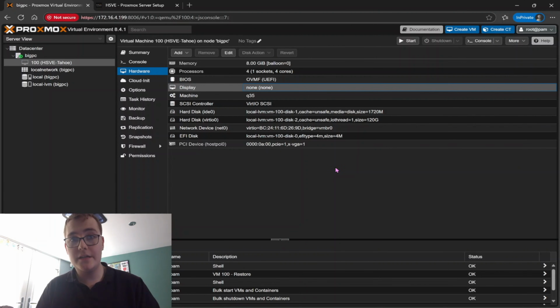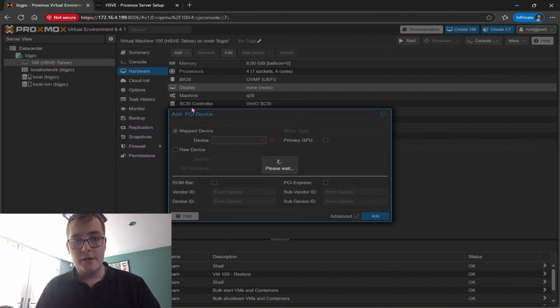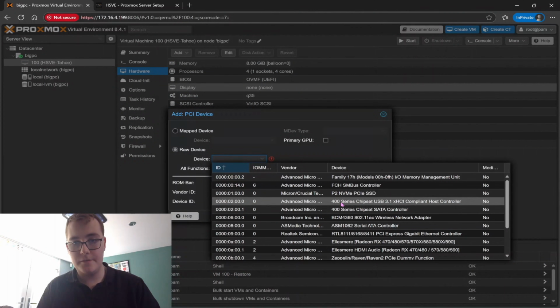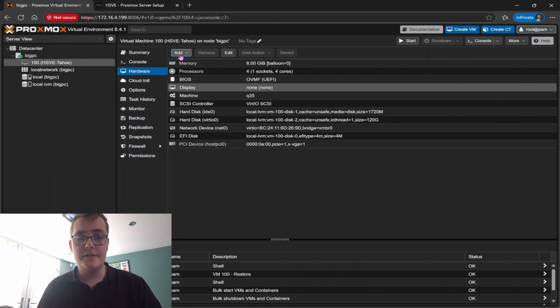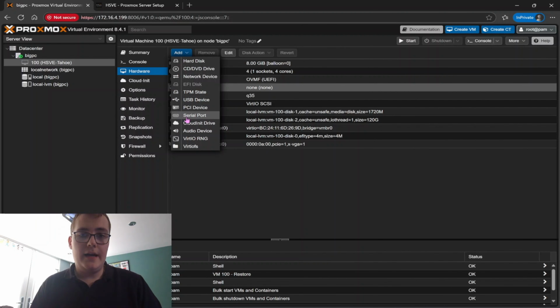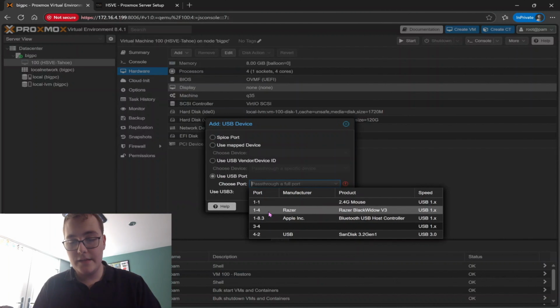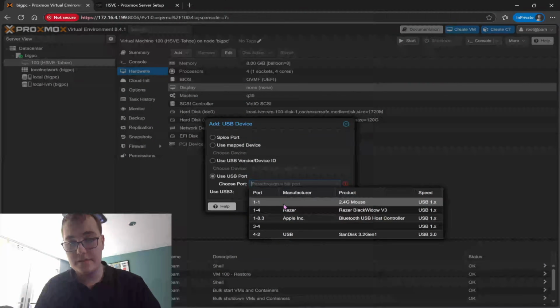Before we do this, we need our keyboard and mouse. Now if you have a compatible GPU and a compatible motherboard, you can add your pass-through like so. So you can pass through the whole controller. However, for easiness in this video and because I've not completed any advanced steps, if you would like to learn more about these, please contact us using support@hsve.cc. You can go to add, USB device, choose USB port and then select your devices. So I'm going to select my mouse,